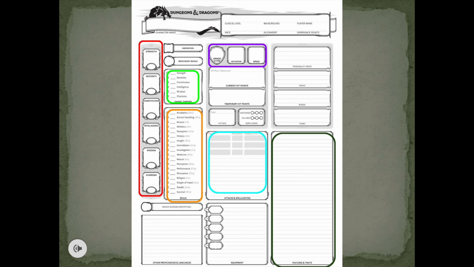The dark green box to the right of our blue box is where you list your features and traits. These are additional skills that your class gives you, like the Barbarian's Rage or the Fighter's Second Wind. Other notes: beneath the blue box is the Equipment tab. This is where you'll include any money that your character earns or any equipment that is not a weapon, per se. To the left of that are your proficiencies and languages, what tools and weapons you're trained in, and what languages you know.